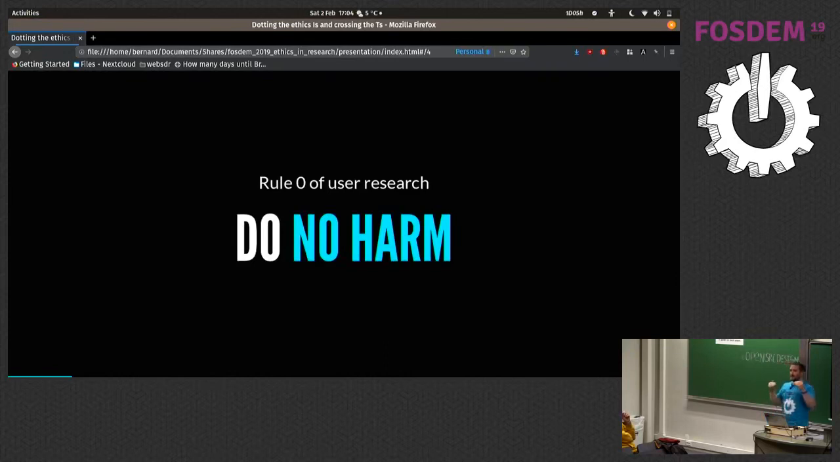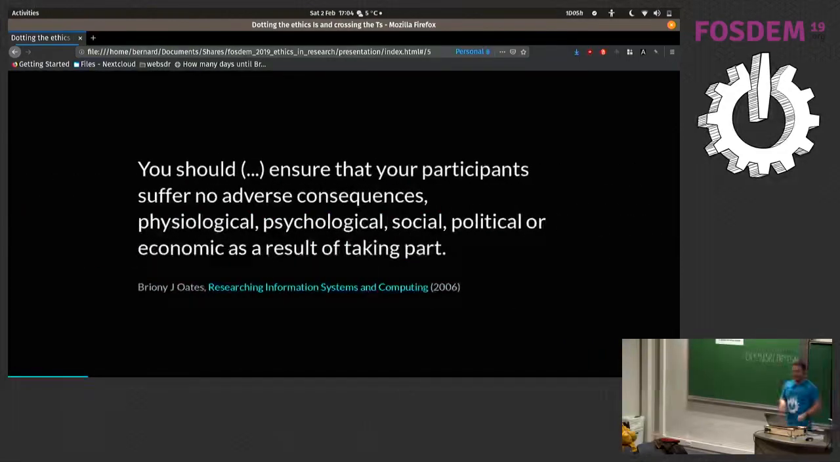It can often be seen as an imbalance. I'm the researcher, you're the participant, I'm in control. You're my experiment subject, I prod you with the stick, you jump. That's maybe a very medical way of looking at things, and that can sometimes make sense in that situation, but not here. So you should ensure that your participants suffer no adverse consequences, physiological, psychological, social, political,